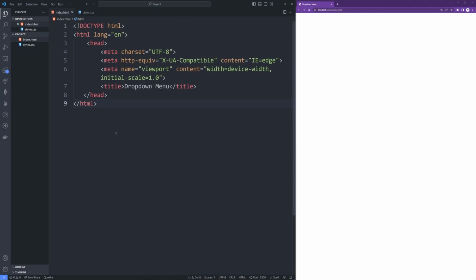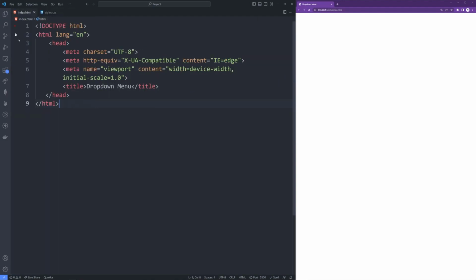So let's jump into VS Code and get started. I already have a basic HTML file set up with some boilerplate code and a completely empty CSS file. So first thing we can do is link our HTML and CSS files together and start laying out the markup